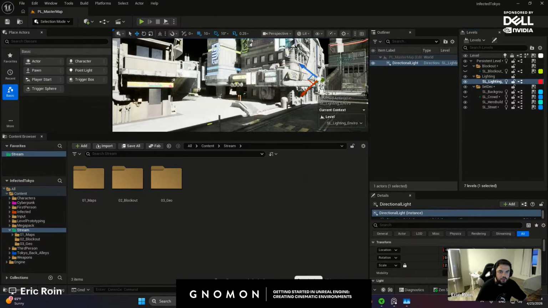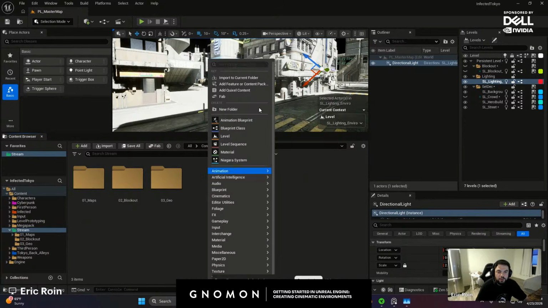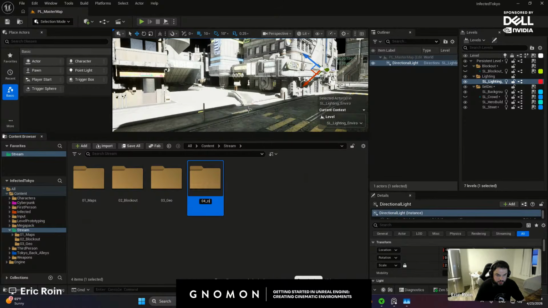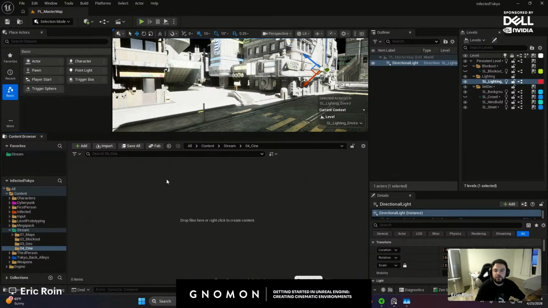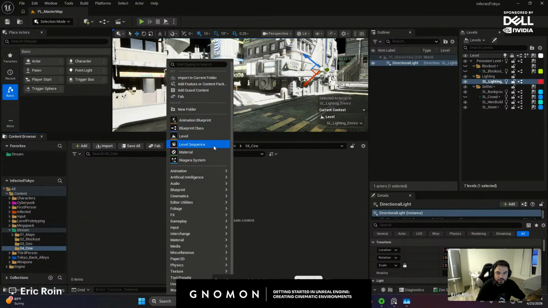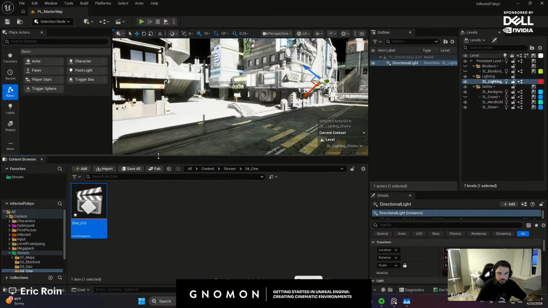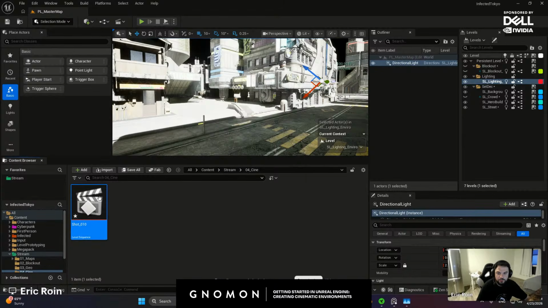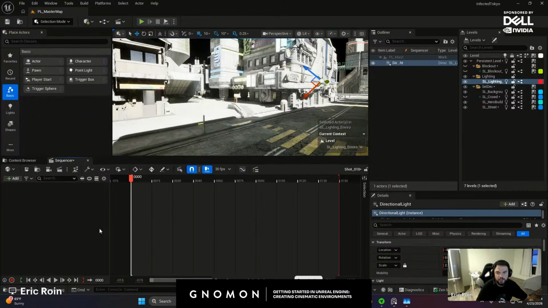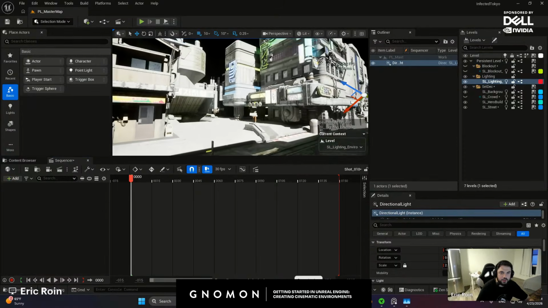I'm going to hide my blockout level and right click, make a new folder. I like to give them numbers so it's easier to navigate through them. Inside the scene folder, you're going to right click here and make a sequence. We'll just call it shot 10. It's our first shot. Part of the reason that I left this alone is that I really wanted to show you my workflow and see you guys recreate it instead of just going back to it. Obviously there's going to be some back and forth. I'm going to be trying out different angles and seeing what works, but it's an important part that needs to be shown. Nothing works right out of the box. It's always a lot of trial and error.